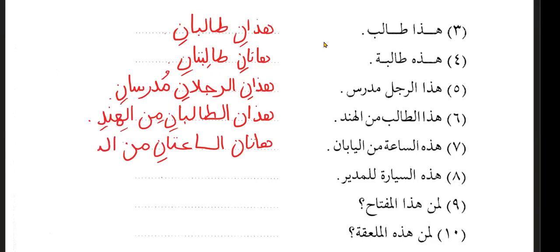Huh? من اليابان. Why not يابانان? I mean, it can't be two Japans. Excellent. نعم من اليابان. You should catch people out on that one. So هاتان الساعتان من اليابان. نعم ما معنى الجملة؟ These two watches are from Japan. جميل. طيب